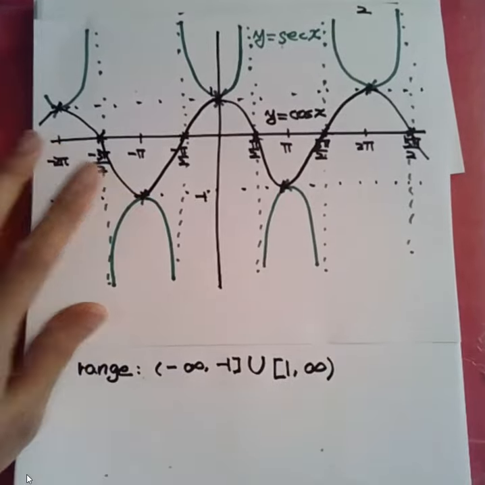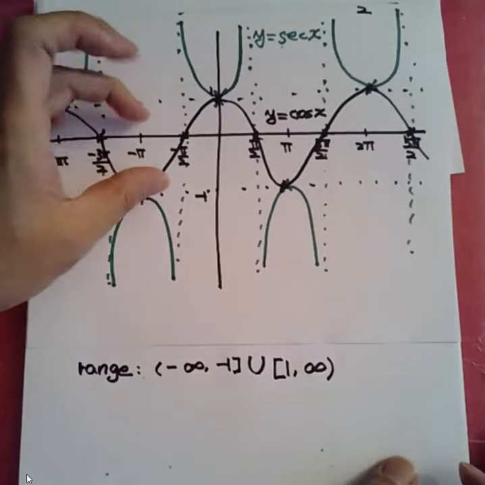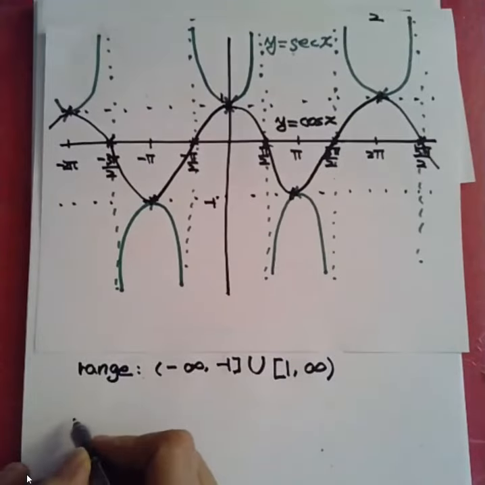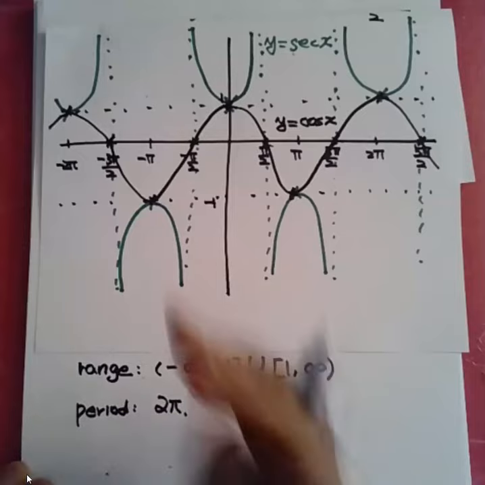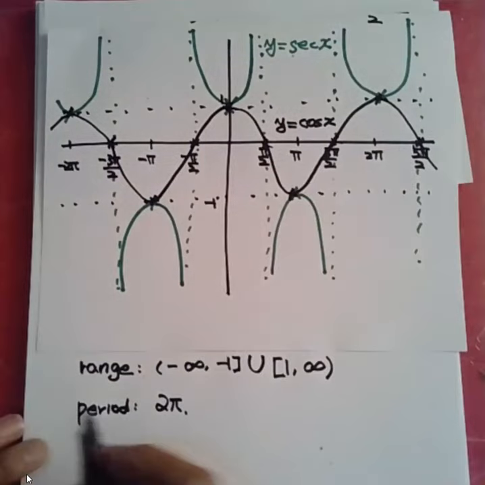It doesn't have any value between minus 1 and 1. As in the cosine function, period is 2 pi, just a n-shape and u-shape patch, and that is an even function